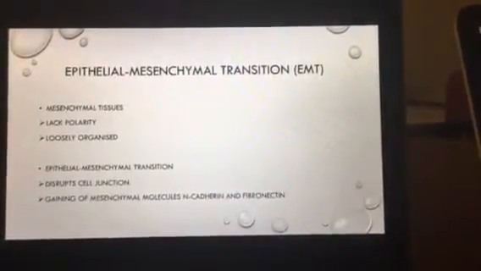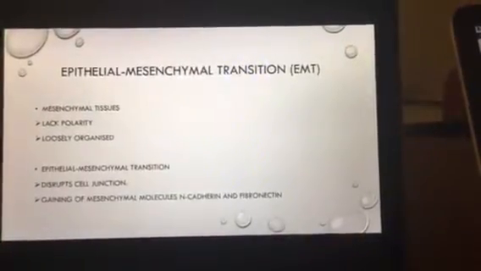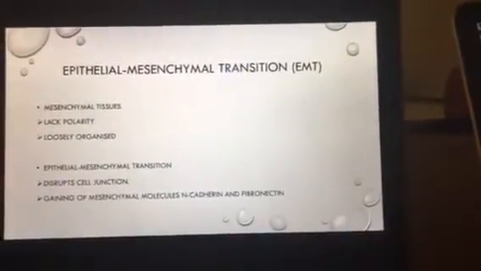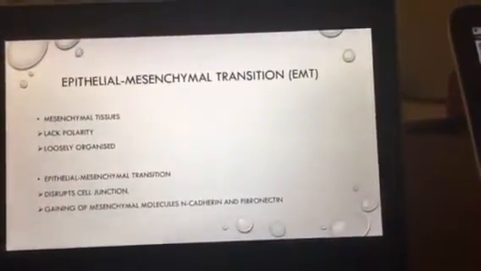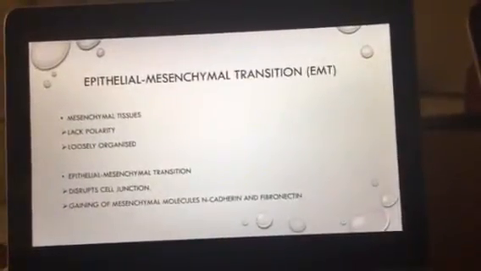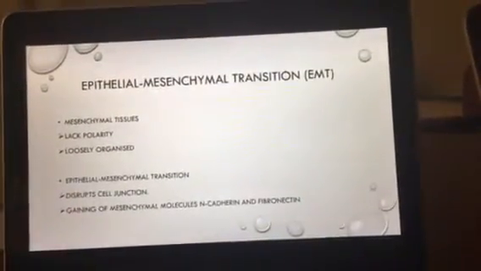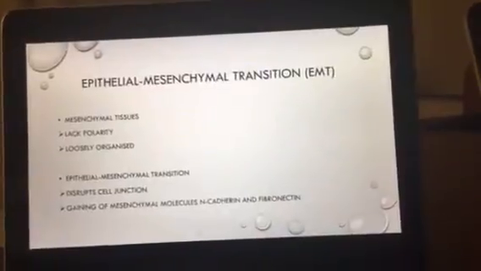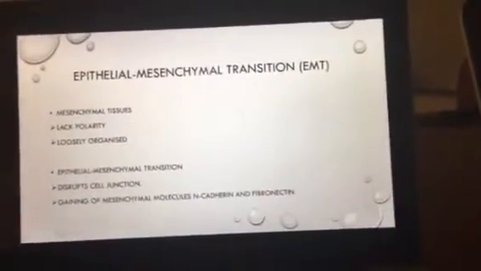So they're not as organized as regular epithelial tissues. So epithelial to mesenchymal transition involves the alteration between adhered cells so that the epithelial cells break down and become loosely attached to one another. When these cells are loosely attached to each other, it makes it actually easier for the cells to be invasive or migratory. The epithelial cells becoming invasive